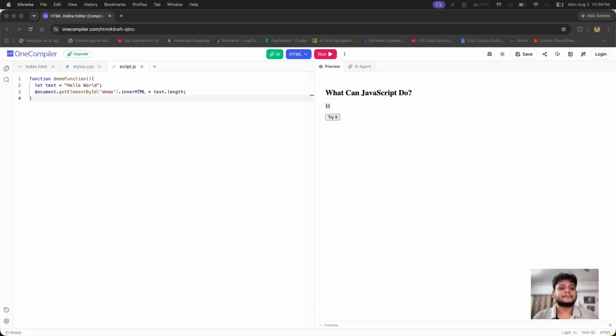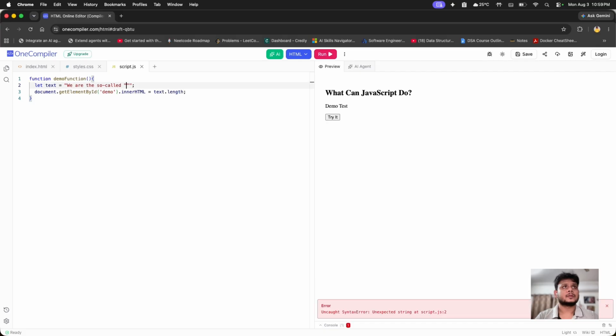Now coming to the escape character. Because a string must be written within quotes, JavaScript will misunderstand the string. So let's suppose we have a text like this one, we are the